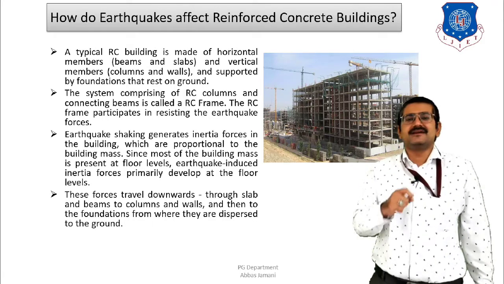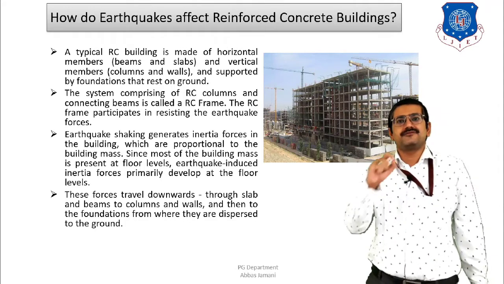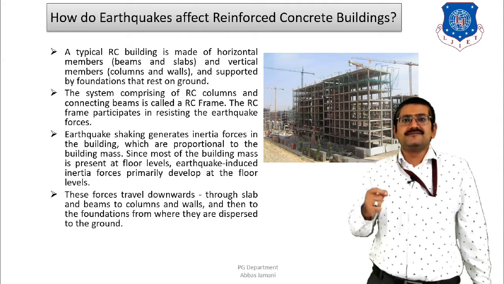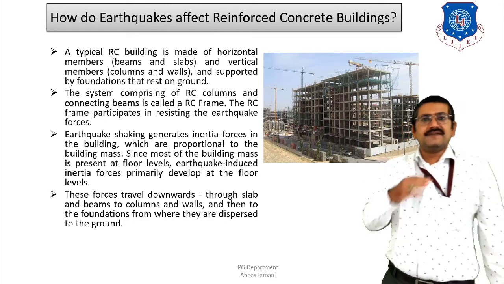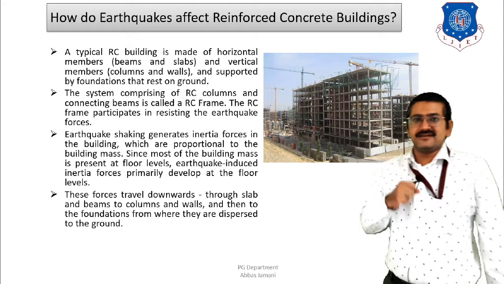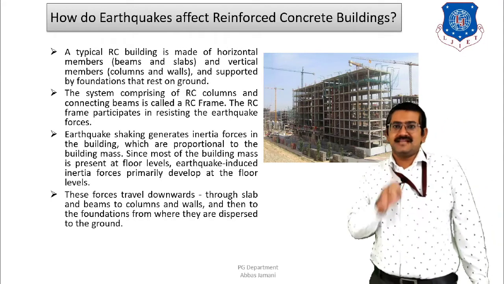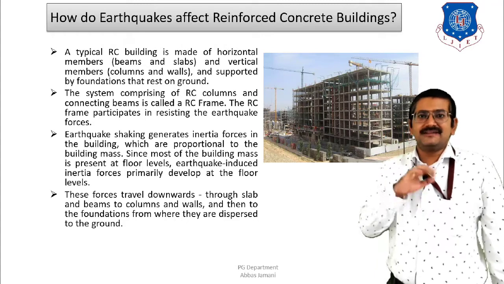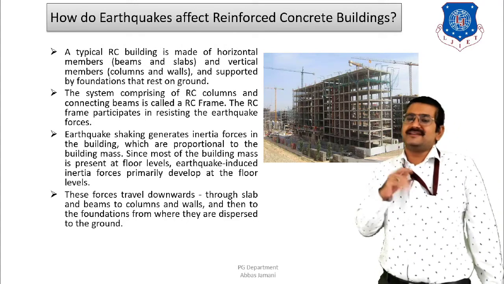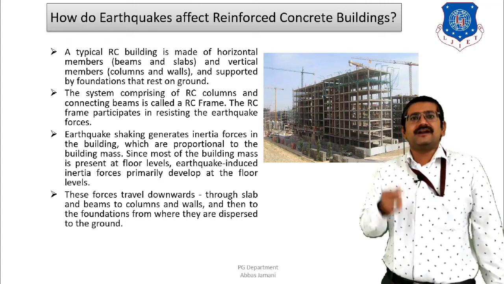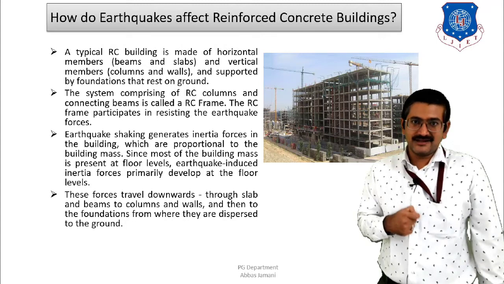Otherwise, in regular cases, the vertical load is going to be purely transferred from the columns to the foundation and from the foundation to the soil below. Right. So the four key components of the building are beam, column, slab and the walls. And these four components are going to ensure the smooth transfer of load, whether it is lateral load or vertical load, in case of RCC buildings. Right. And that is what we have shown.